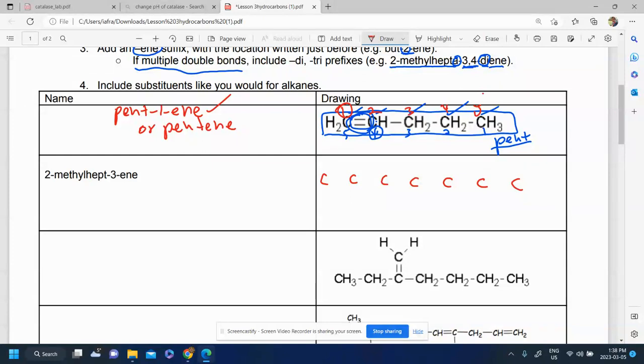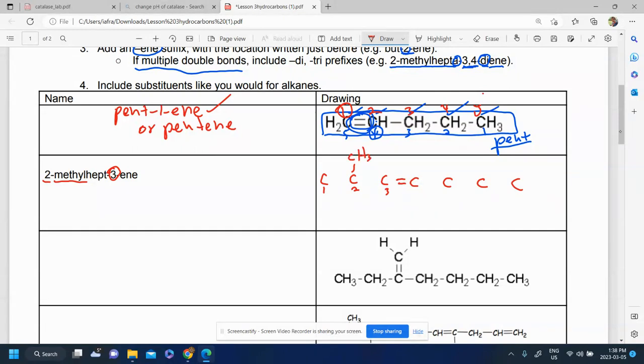I'll start from left and go to right. I want my double bond to be at position number 3. So 1, 2, 3. That's the first carbon that hits the double bond. And then my methyl group is at carbon number 2. So right here,